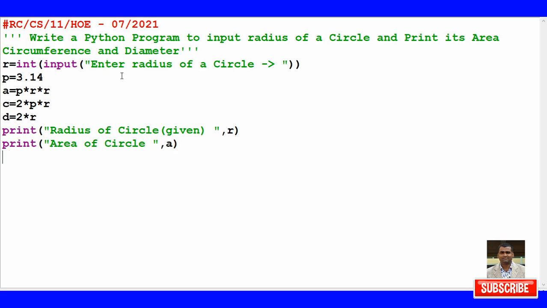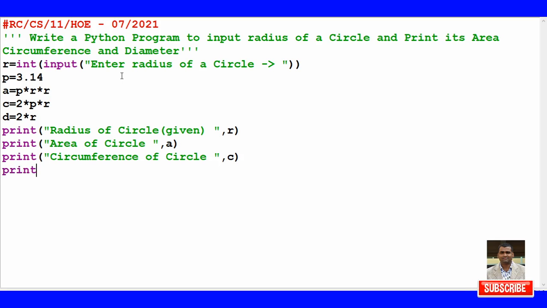Then again I'm going to write print, and circumference of circle. This is going to come from which variable? We have taken C variable. So circumference is coming from C.